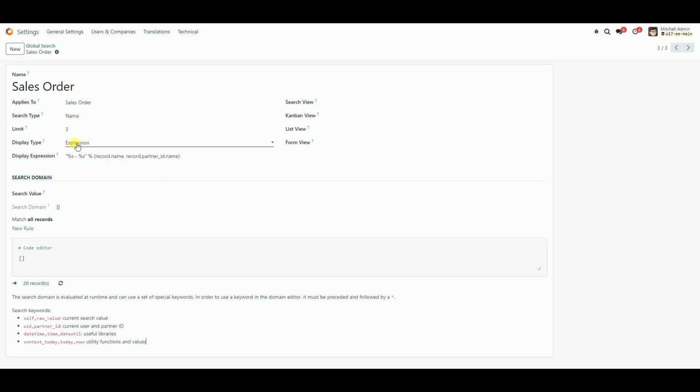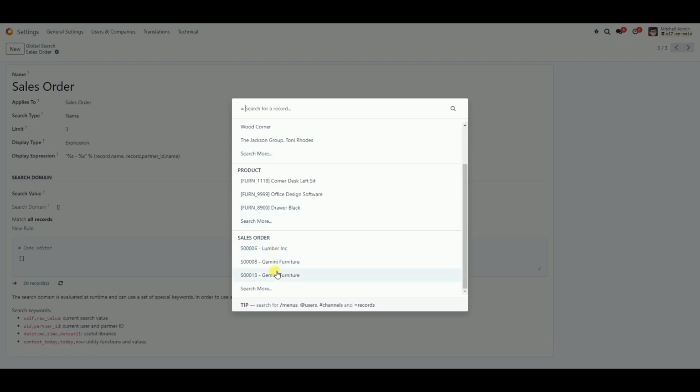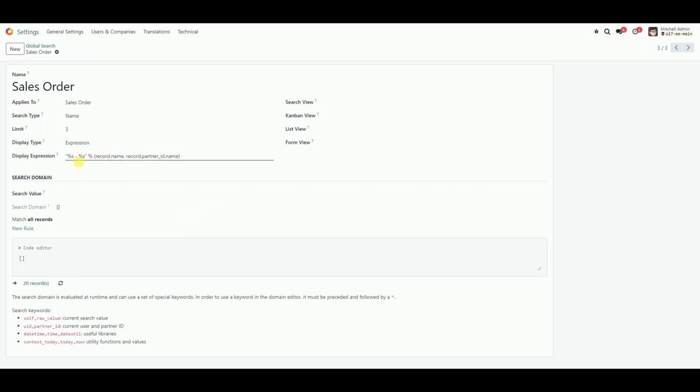This is also a name search, but here I want to have an expression instead of the display name. This could be necessary if the display name is not really useful for the search. In the case of sale orders, for example, the display name is just the name of the sale order, and I want to display here the name of the partner as well. That's why I'm using an expression here. The expression is a Python expression you can use, and it will be used to determine the name to display in the